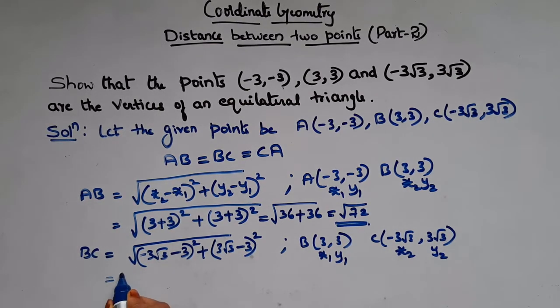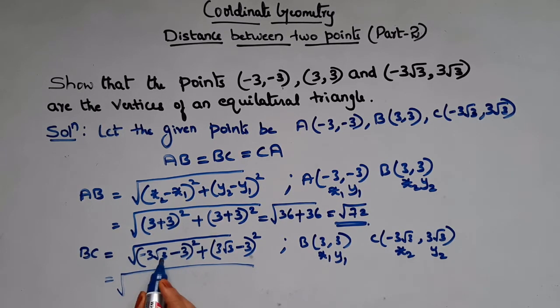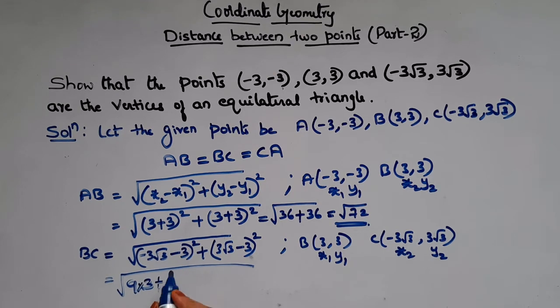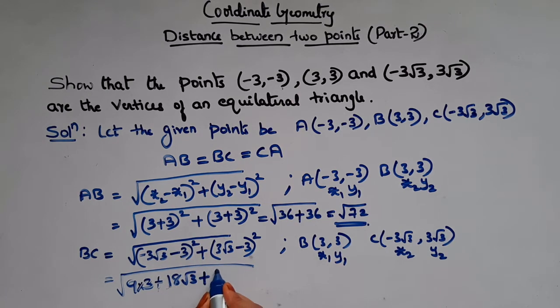So we have square root of, this is of the form (a minus b) the whole square, right? So a square, here a is minus 3 root 3. So 3 square is 9 into root 3 the square is, square root and square will get cancelled, we are left with 3, right? So a square minus 2 into ab, 2 into minus 3 root 3 into 3. So minus of minus will be plus, right? 3 2s are 6, 6 3s are 18 root 3. Plus b square is 3 square, 3 square is 9, right?